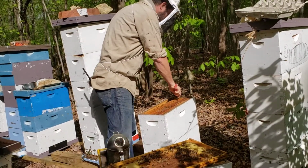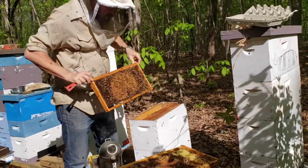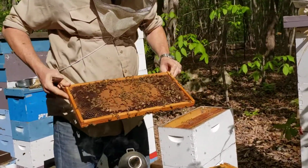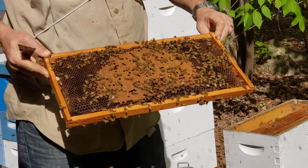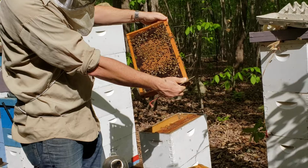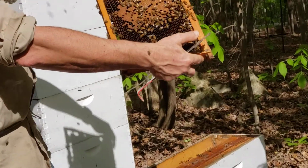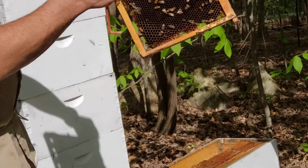So there's brood on this frame. She's right there in the middle, a nice tight pattern. Laid all the way around. You can see the same thing on this side. So this is the edge of the brood frame, and actually, incredibly,